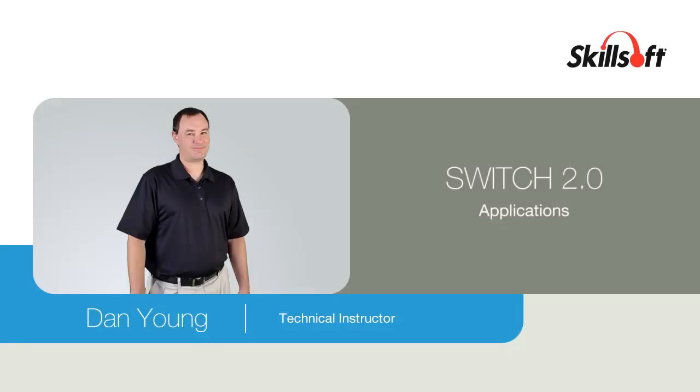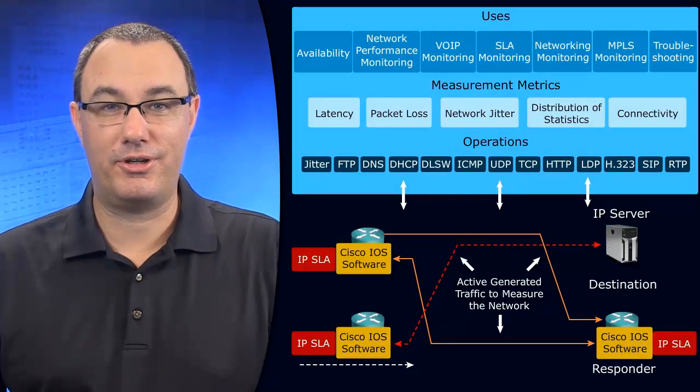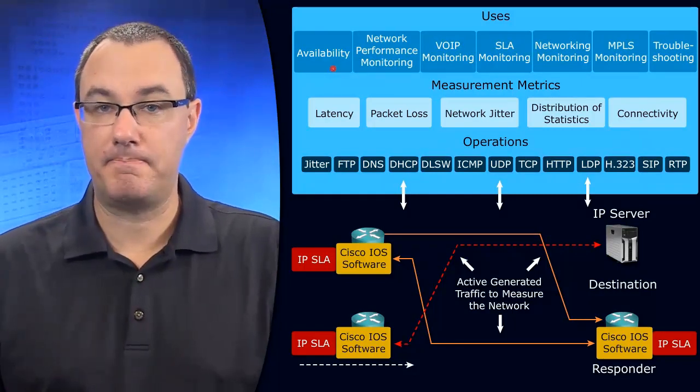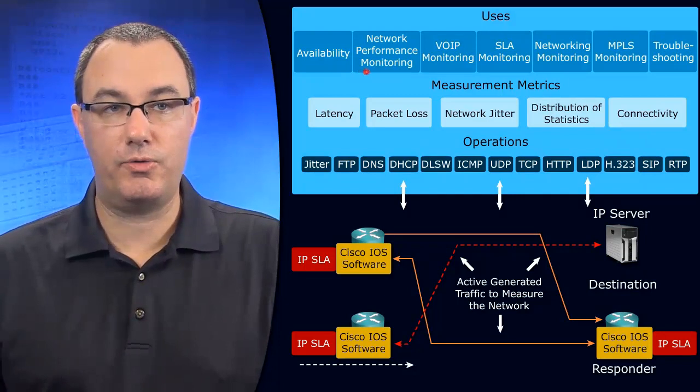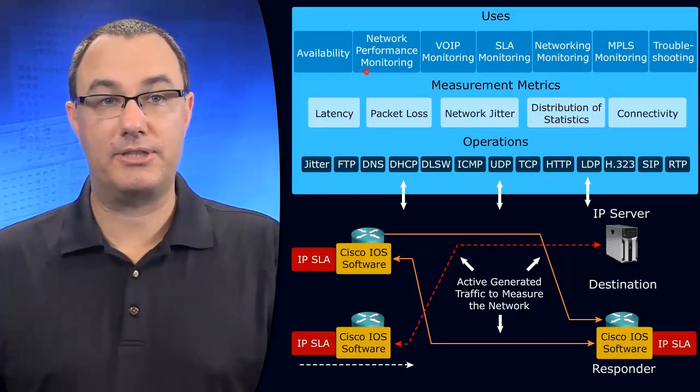IPSLA is one of those things where you're never going to use it all. But let's look at the types of applications of IPSLA. You can track availability. That's uptime. You can do network performance monitoring. You can do things like recognize we're having substantial delays